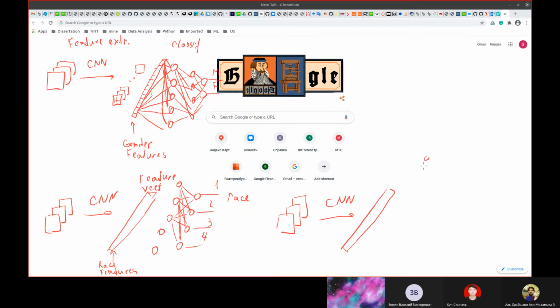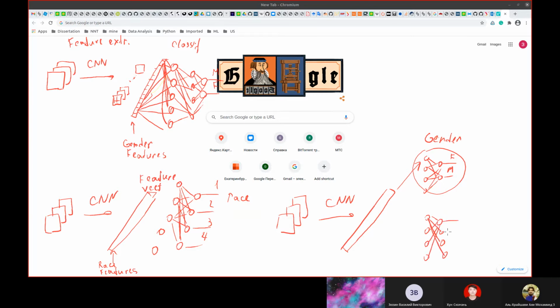For instance, okay, let's write like this, for example, female and male. Like this here. You use this vector for gender classification, this one classificator, and you have another classificator for the same thing.